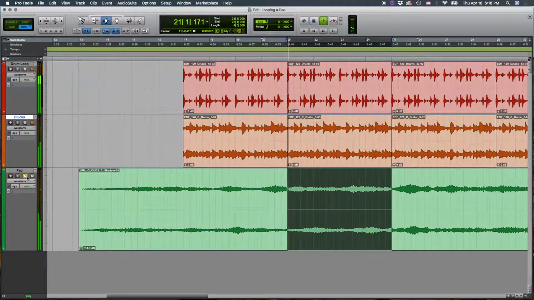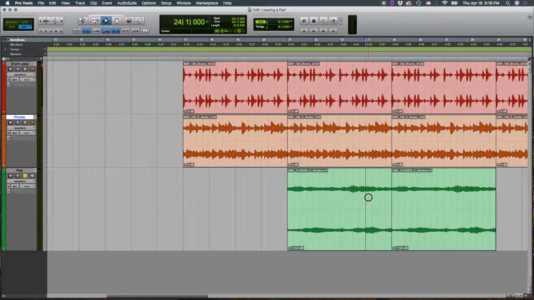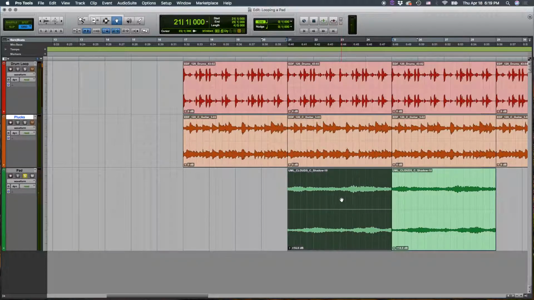I like the sound of that. What's going to happen is you're going to hear a pop right here. There you go. Sounds pretty unnatural, so we wouldn't be able to cut that and loop it as is, because you're going to end up with that each time around. However, there is a solution.